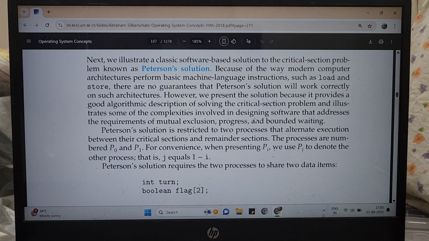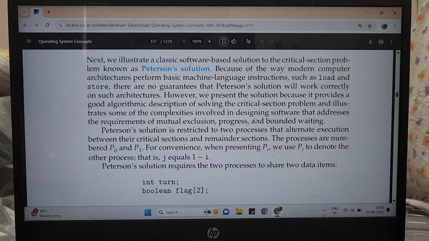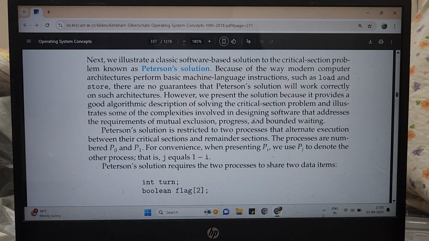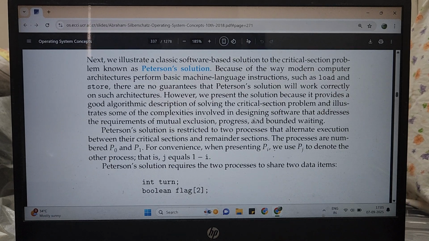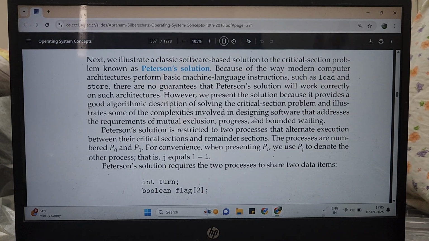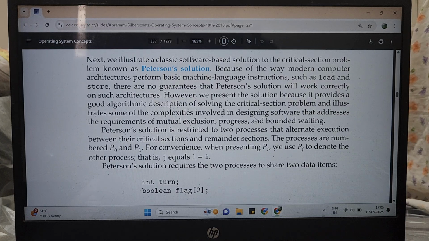So the Peterson solution is an algorithm, pseudocode, or logical framework which helps you to solve the critical section problem provided you have exactly two processes. This is an important point to note. If you have three or more processes modifying the same data item, the Peterson solution will not work. However, if you have exactly two processes, then the Peterson solution perfectly satisfies all three criteria. So we'll first see what this solution is, what is the logic,